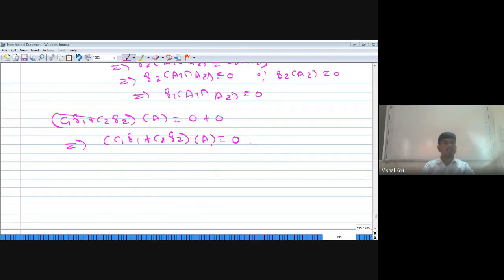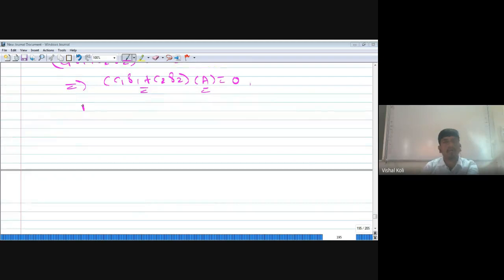If A union B equals X and A intersection B equals empty set, then here the existence of A and B will be here. So from that we will say that C1 gamma 1 plus C2 gamma 2 is mutually singular with mu. Okay. So now A union B equal to